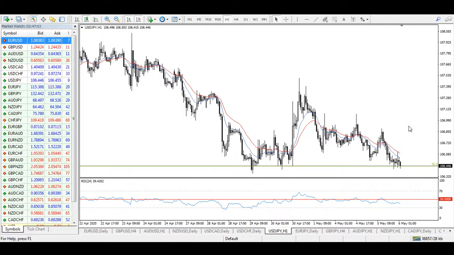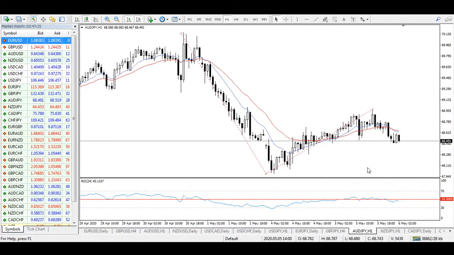So while Australian dollar versus US dollar is more likely to go to the downside, USD JPY is more likely to fall and has already penetrated this 50 line. We should rather sell AUD versus Japanese yen rather than selling USD JPY or AUD USD. So here we have a similar kind of situation on AUD JPY. RSI has gone down below 50,